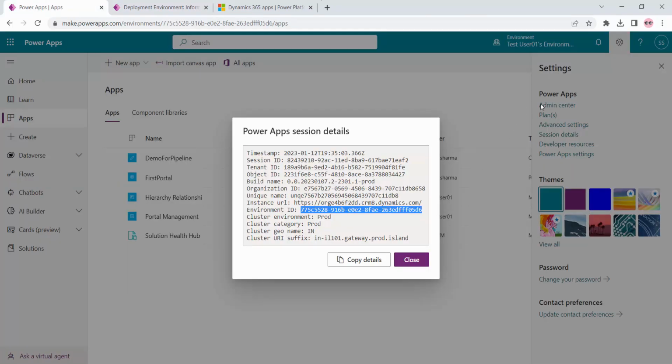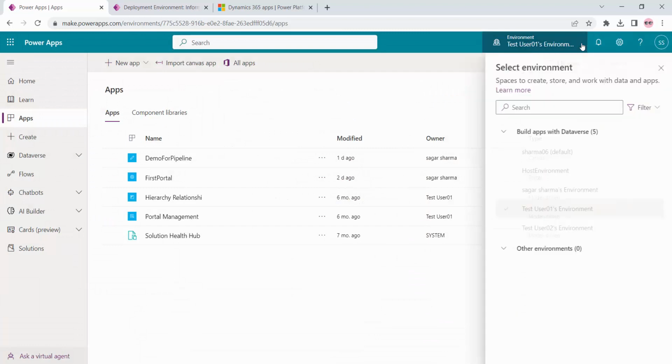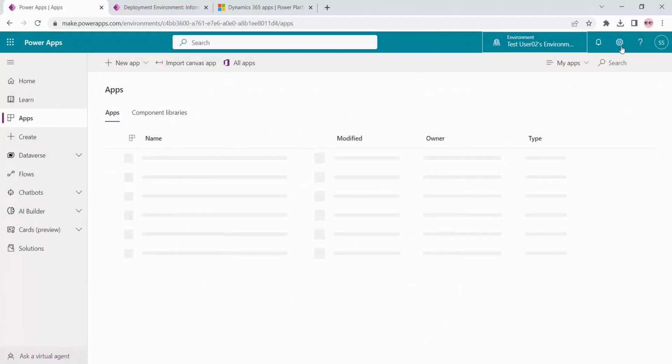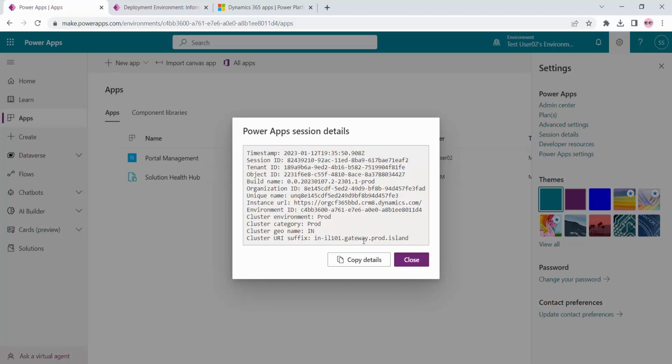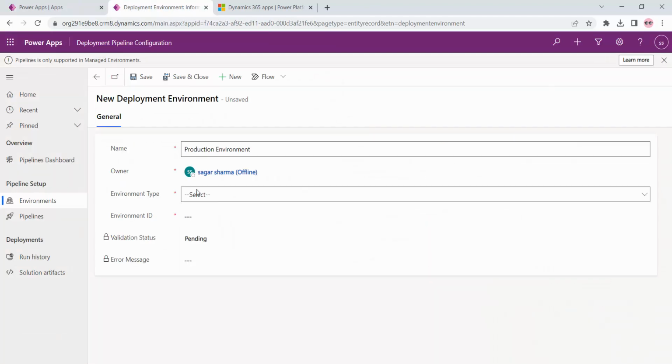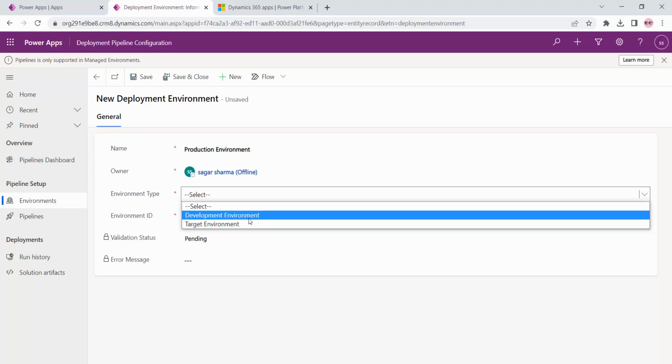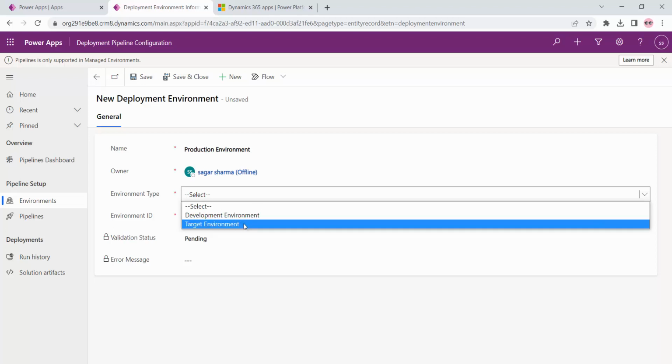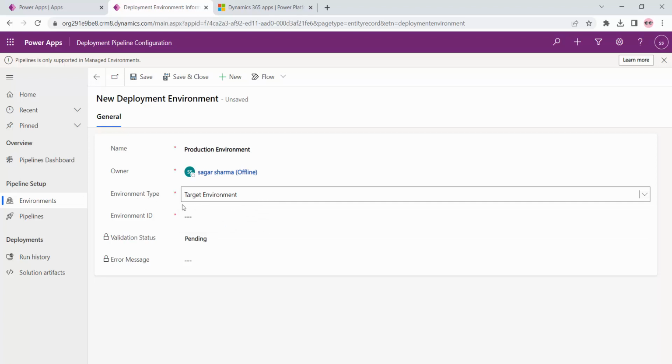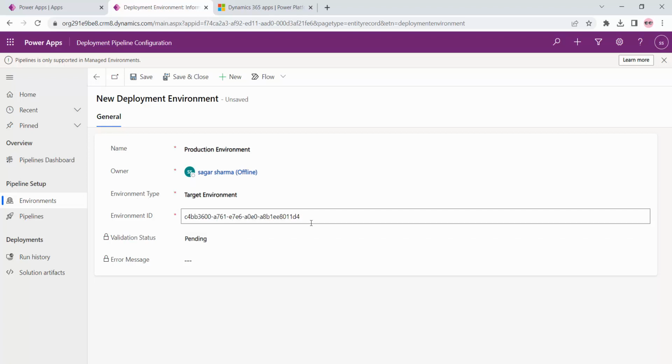Then environment ID, and my production environment is test user 02 environment. For the environment details, I will go to session details, and from here I will copy the environment ID. This is my environment ID. Copy, close. I'll come back over here, target environment. So just remember one thing: for development environment only select the environment ID as development environment. For all others you have to select the target environment. This is the target environment for environment type, and for environment ID just paste your ID, save,